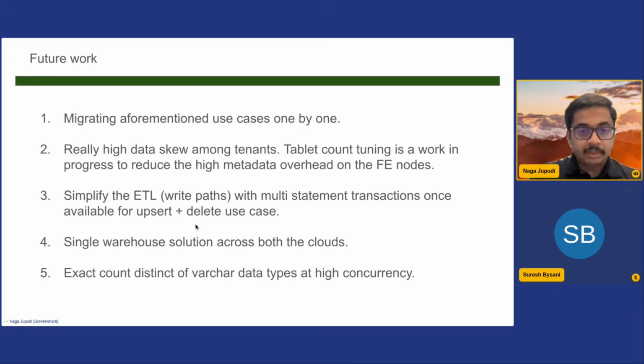And another use case was the ETL pipeline. We used broker load there because we needed multi-table and multi-statement transactions, where we insert and delete in multiple tables as a single transaction. Making it available with multi-statement transactions, once it is available with just the update and delete semantics, will simplify our ETL pipeline, because the load step had to do an additional read, where we are still optimizing the write path there.